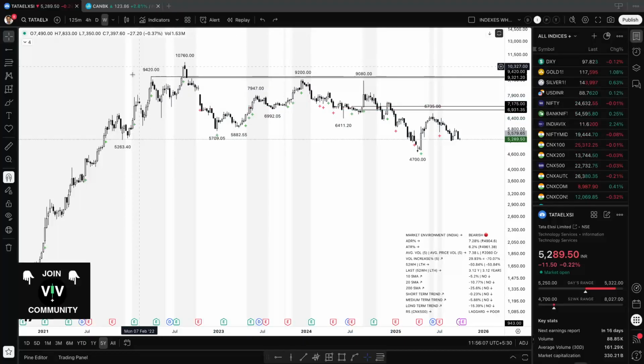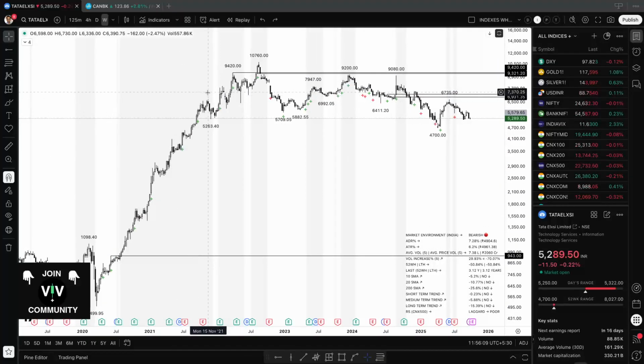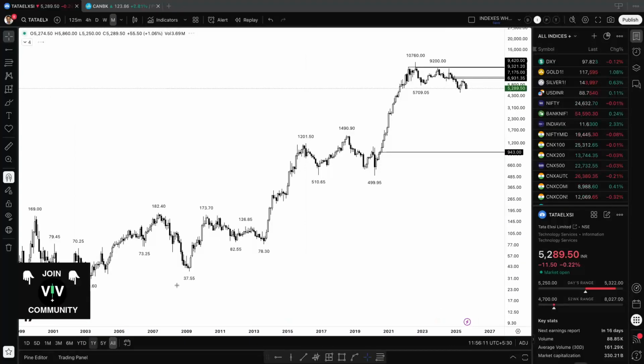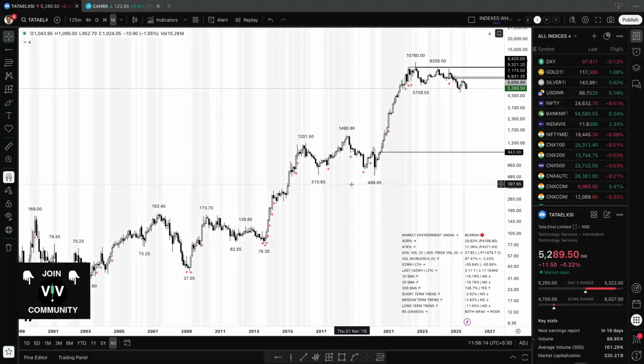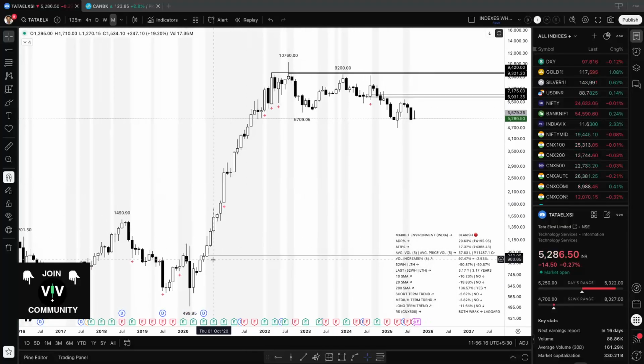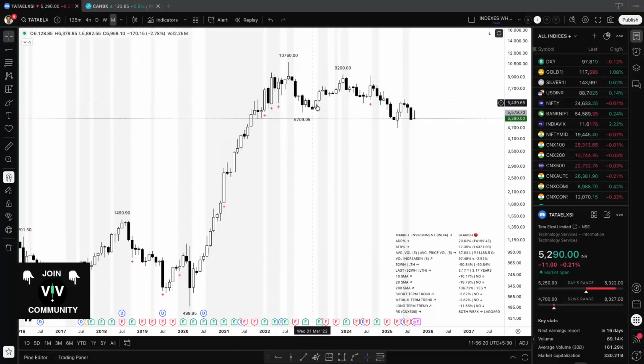So this is the power of the trend backgrounds, and you can use this on the monthly chart also. If you use it on a monthly chart, it will be more powerful, because if the background is not there on the monthly chart,